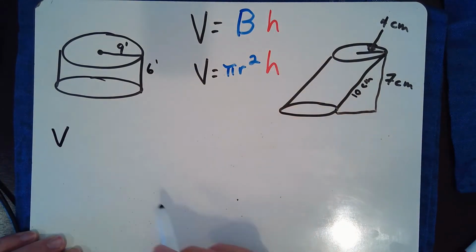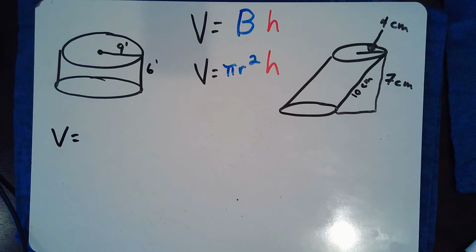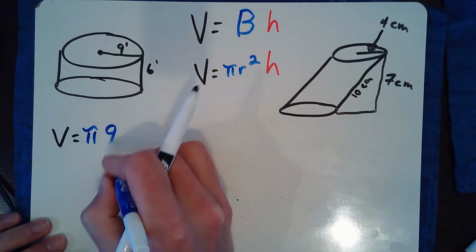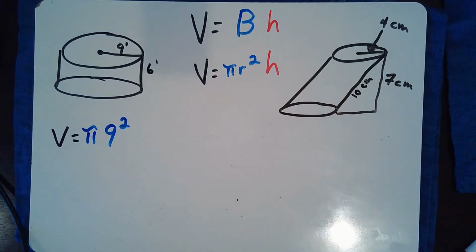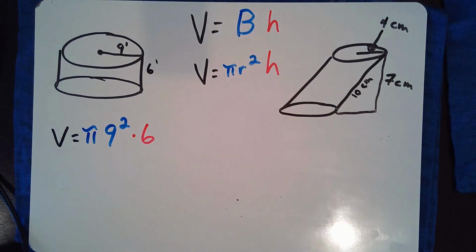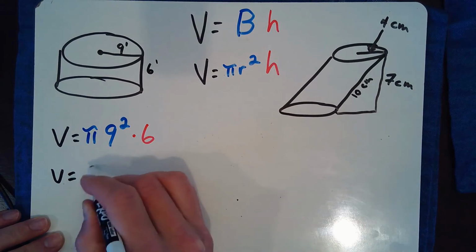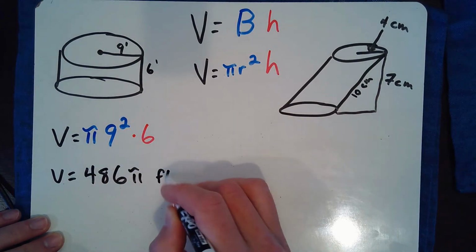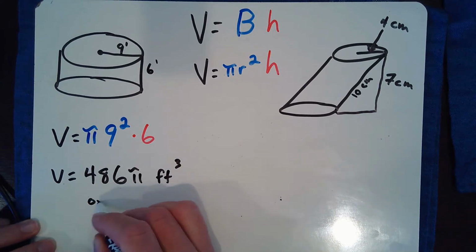So volume equals pi r squared, which is the base area in this case, is going to be pi 9 squared, times then the height of that cylinder, which is going to be that 6. I can choose to leave my answer in terms of pi or multiply through and get a decimal, but my final answer here would just be 486 pi feet cubed, or